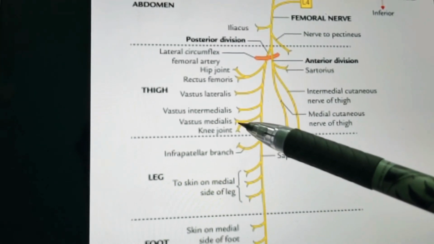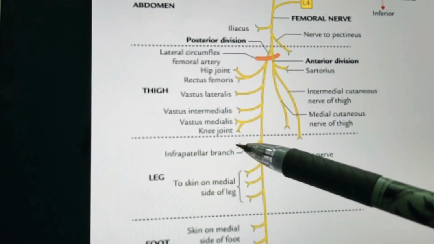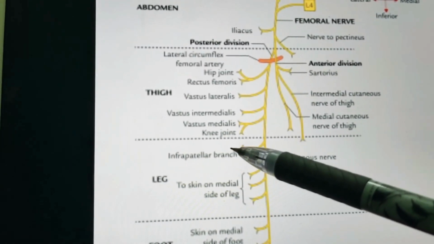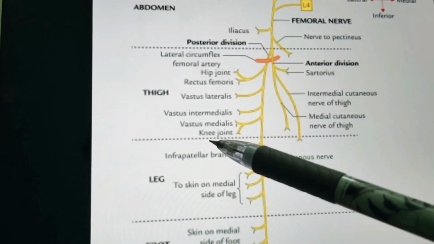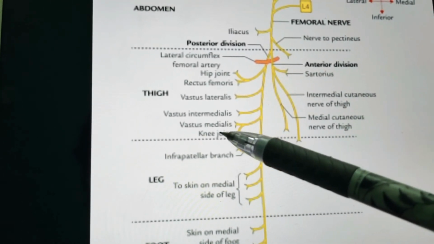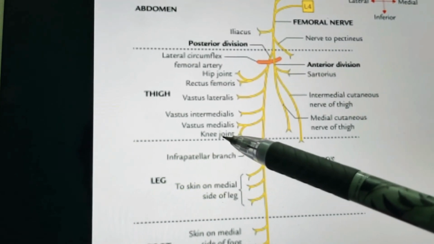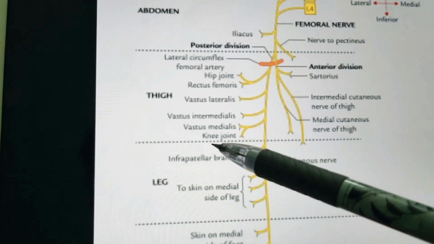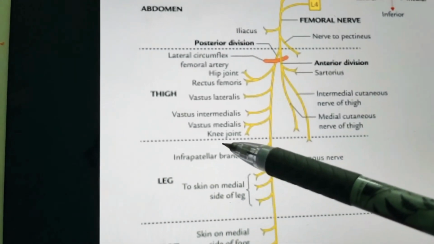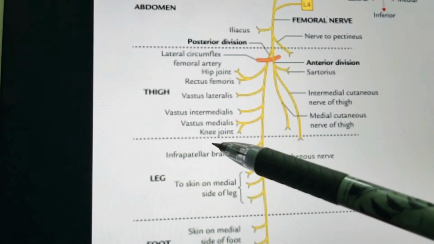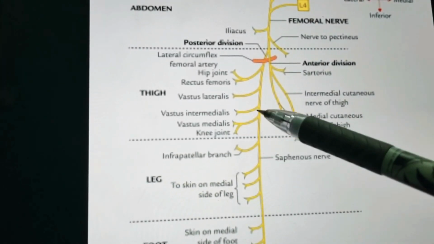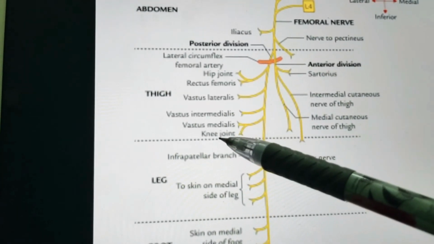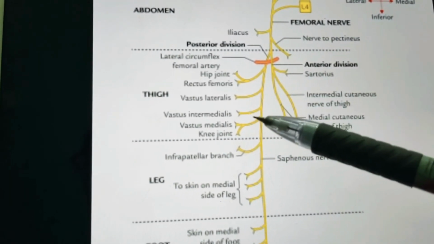Okay. And the nerve to vastus medialis contains numerous proprioceptive fibers from the knee joint, accounting for the thickness of the nerve, and this accords with Hilton's law. Actually, this vastus medialis also supplies the knee joint, and according to Hilton's law, the nerve supplying a muscle which lies across a joint not only supplies the muscle but also supplies the joint and the skin overlying the muscle. Of course, it's very simple. Hilton's law is a common sense law, I can say, because the nerve which is near that muscle supplies it, and also supplies a joint near it, because there's a joint and of course it will supply it. That's it. So it's Hilton's law.